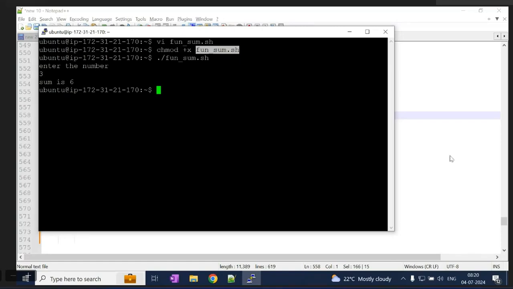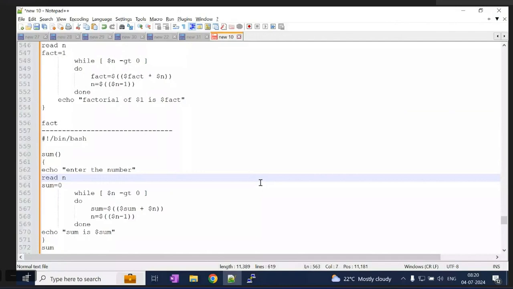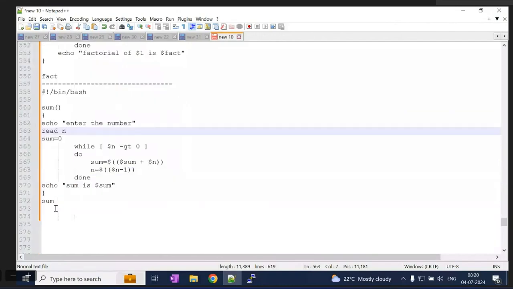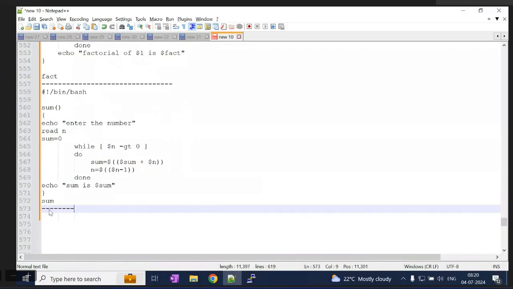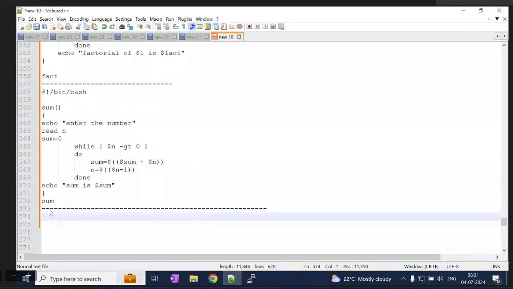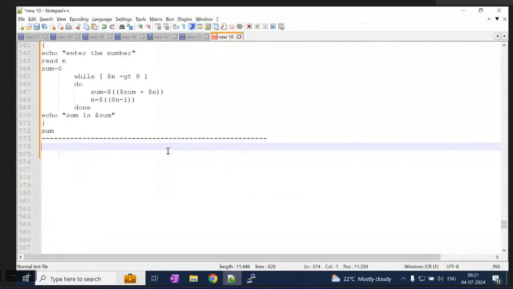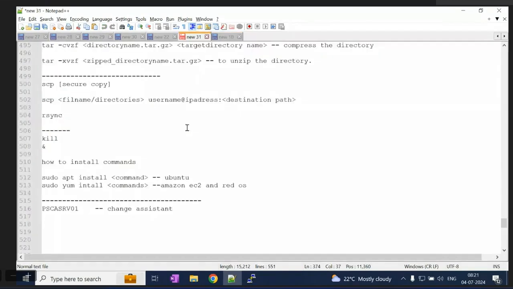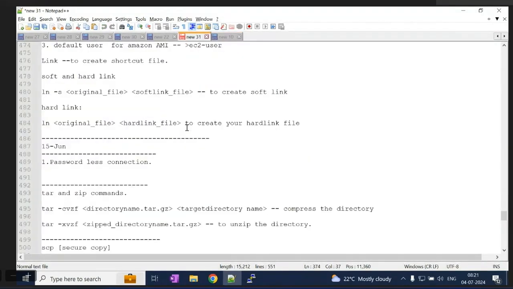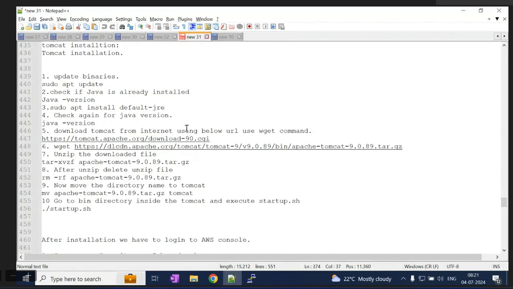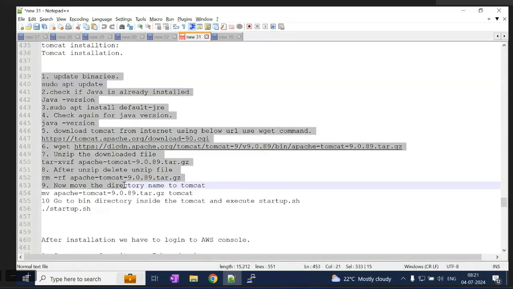So that's all about functions. This is how we can use functions. I want to give a few assignments to you all. Your QA team is definitely going to ask for this sometimes. We have discussed the Apache Tomcat installation in our shell script, and I gave detailed steps of what you have to do.